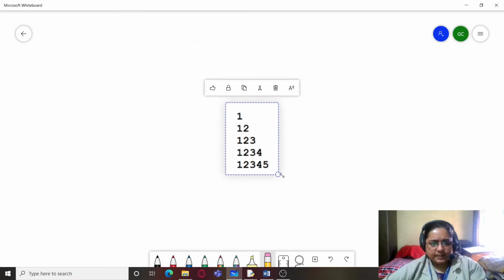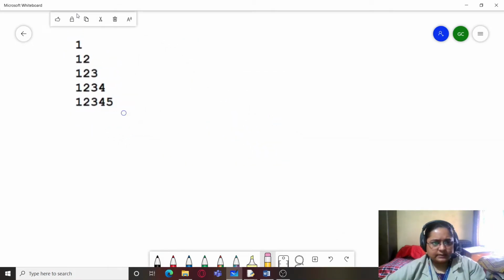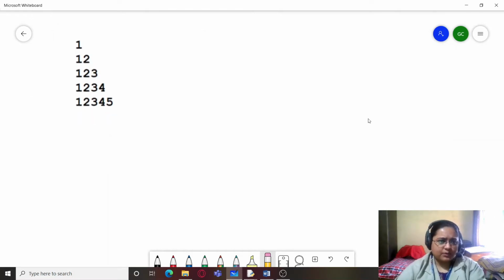So a very simple pattern, as you can see over here. What should we do with these? We had already printed asterisks before. Now what we need to print is the actual data values. So you can see that this is line 1, this is line 2, line 3, line 4 and 5.